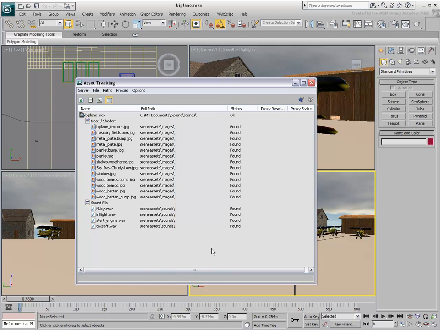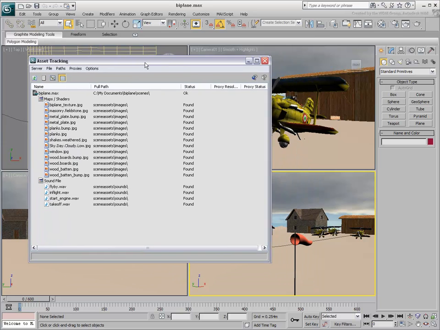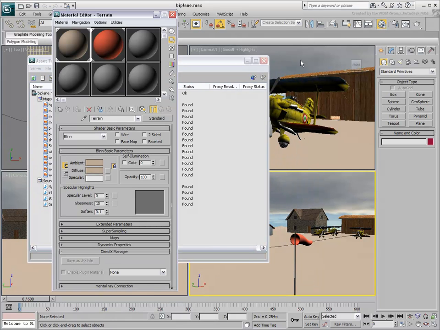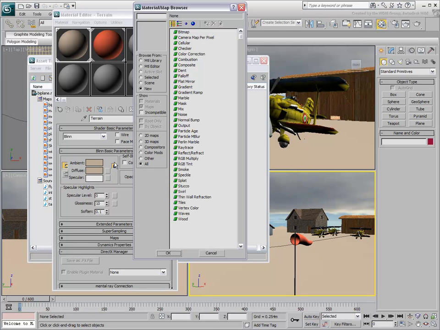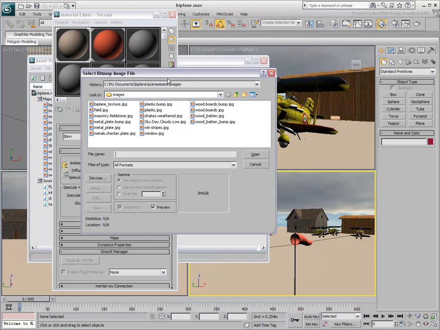Since the subfolder structure is the same for all projects, you are bypassing the top level that is potentially unique to a given system. At this point, it doesn't matter if the biplane project structure is on the C, D, or M drives. It doesn't even matter if it's under another subdirectory such as My Documents or My Projects. What is important is that 3ds Max now looks for the subfolders and will find the support files in the appropriate directories. If you add a bitmap to the scene, such as for the terrain for example,